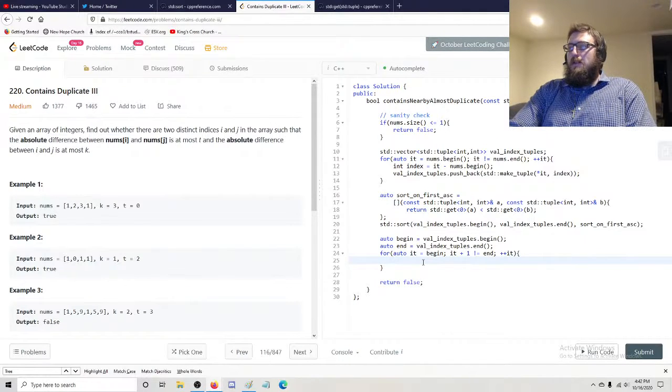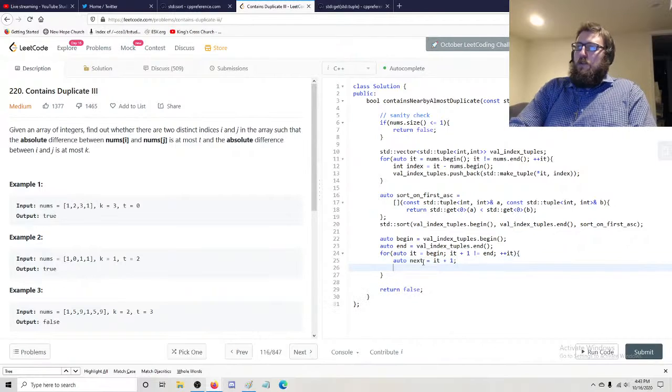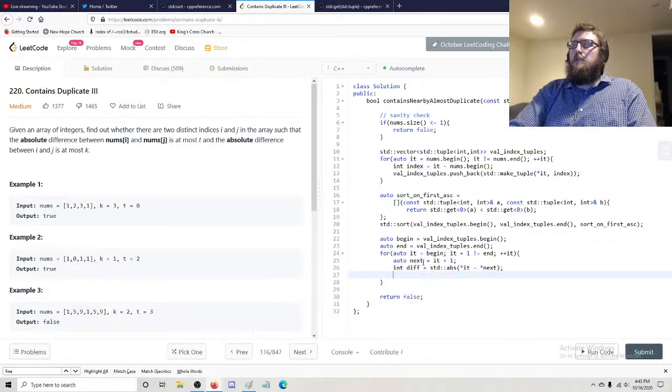Okay, so next is going to be it plus 1, and we want to say int diff is going to be it minus next, absolute value. And then we say if the difference is less than or equal to,